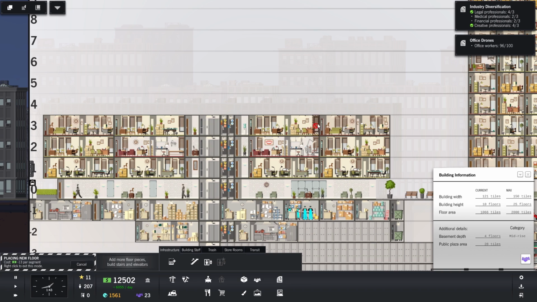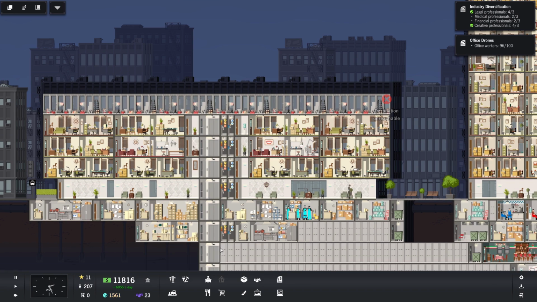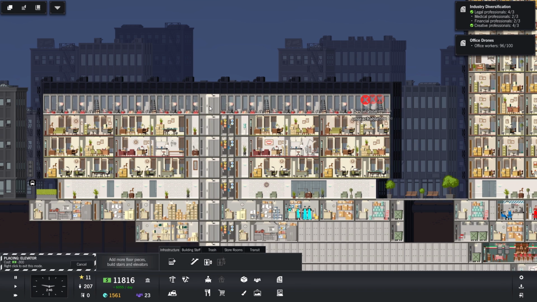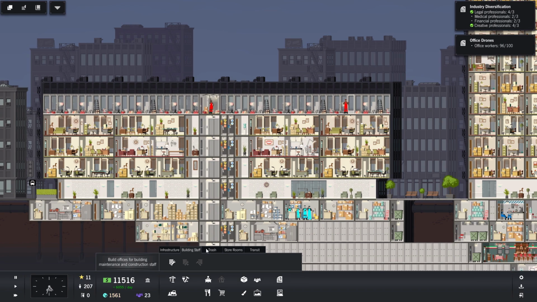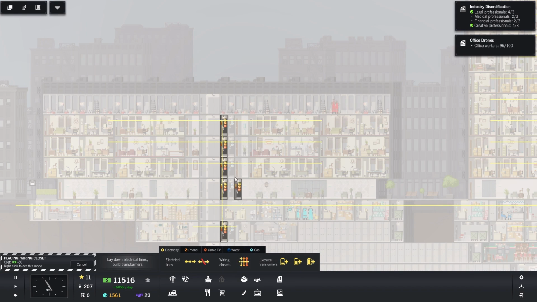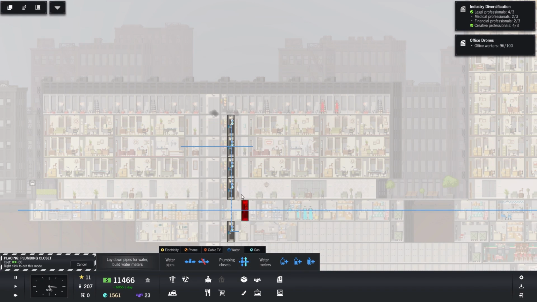But this floor is done, so let's go ahead and add a new one. There we go. We'll also need an elevator, of course. And the... well, have I actually needed water in any building other than the medical? I think... yeah, medical I think is one of the only ones that does need it. Though, as we get to the much later stage